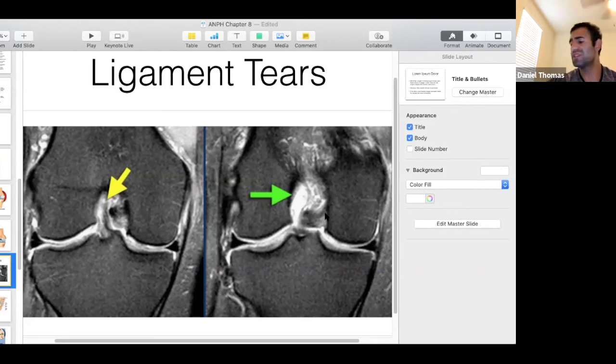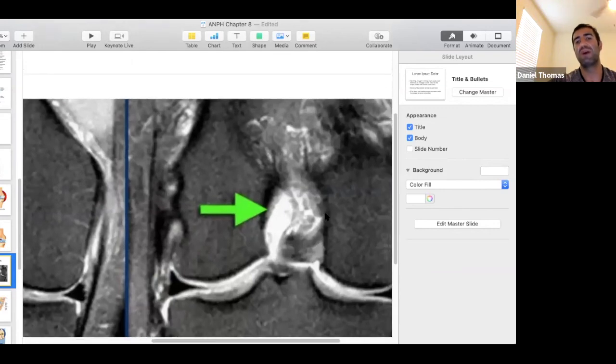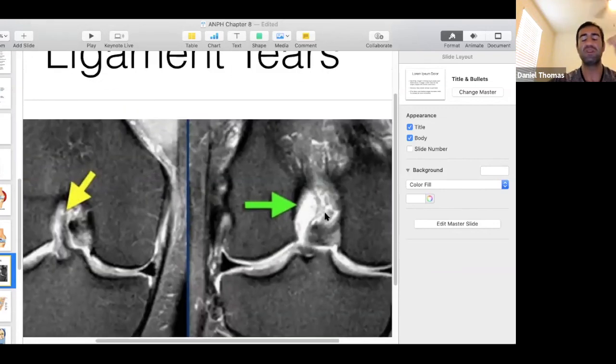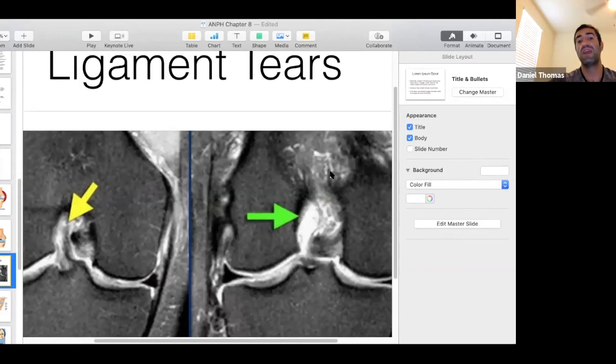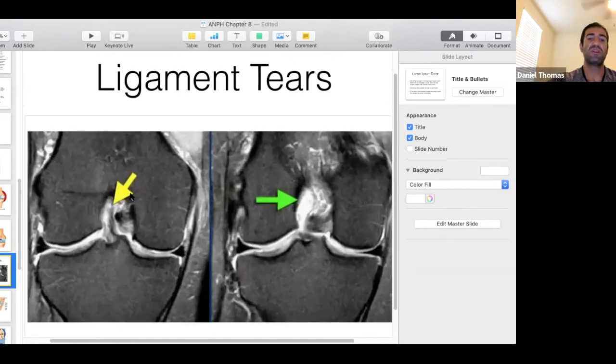I believe it's a super high percentage, like over 90% of ACL tears are accompanied by a bone bruise. And of course, bone is living tissue. It bleeds like anything else. And you can see here that there is a clear bone bruise. So this is a pretty clear case of an